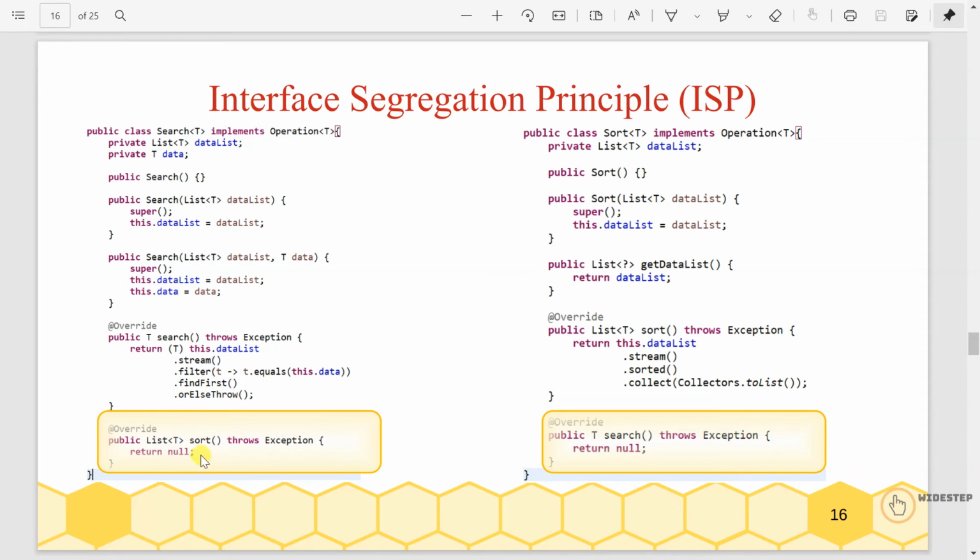As you can see, this search class will still have to keep this sort function in it, and the same goes for the sort class, which has to keep this search function in this class as well. So